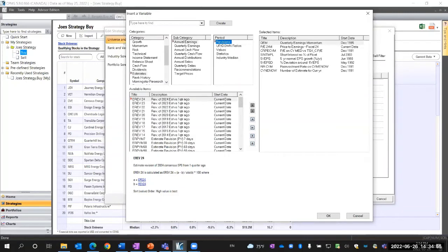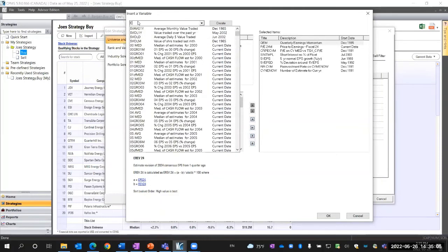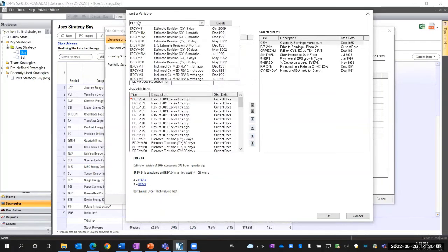So the factors that users will find within this section relate to the revised estimate of a stock. And the factors that we believe are quite important are the factors beginning with ERCYM. So I'll type that in now, ERCYM, and we'll see a bunch of factors populate here. So ERCYM is the estimate revisions for current year median EPS. And this can be captured for 7 days, 30 days, 3 months, and so on. And we use these factors quite frequently in our own models to see what the street is saying, as analyst